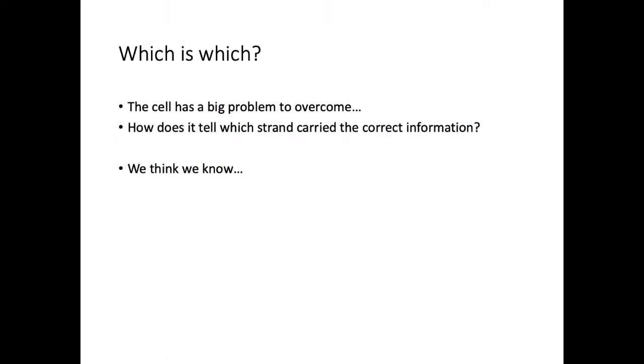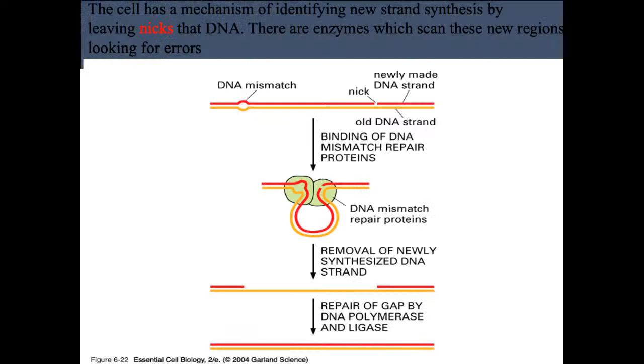So the cell has a big problem to overcome in this case. How does it tell which strand carried the correct information? We think now. The cell has a mechanism of identifying new strand synthesis by leaving nicks in the DNA. So they have these small portions. These things are called nicks, and they are where the enzymes can scan new regions looking for the